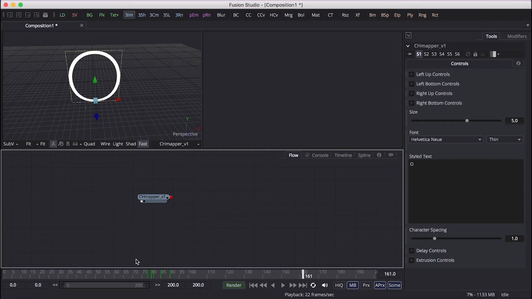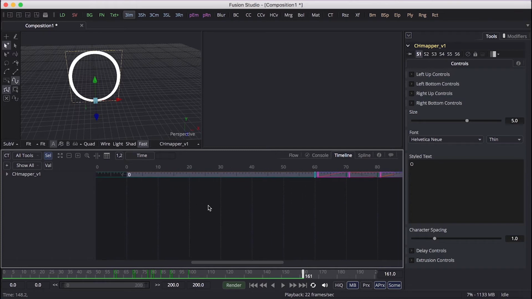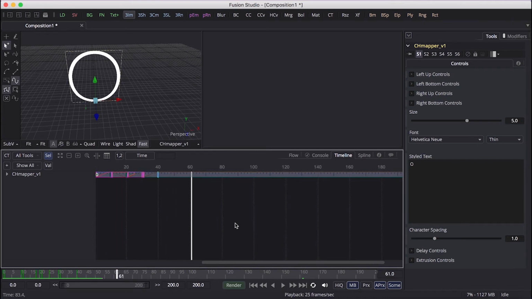Let's add more characters to see how the delay option works. But first, I will move these values to the beginning. Here, it starts from 0, great.